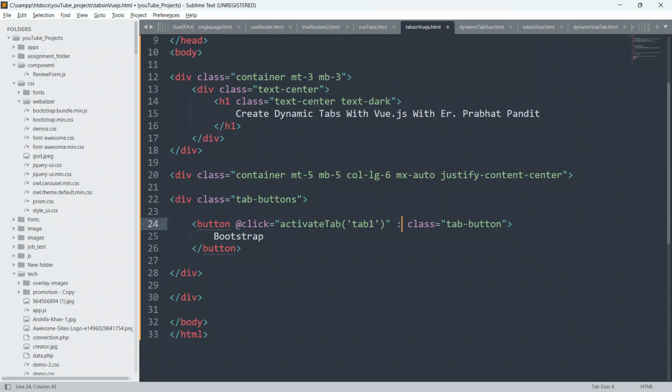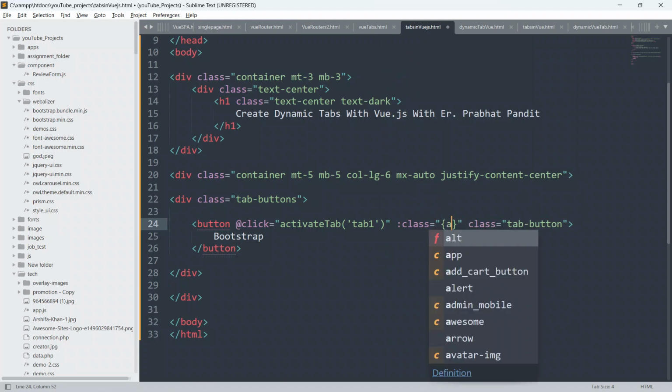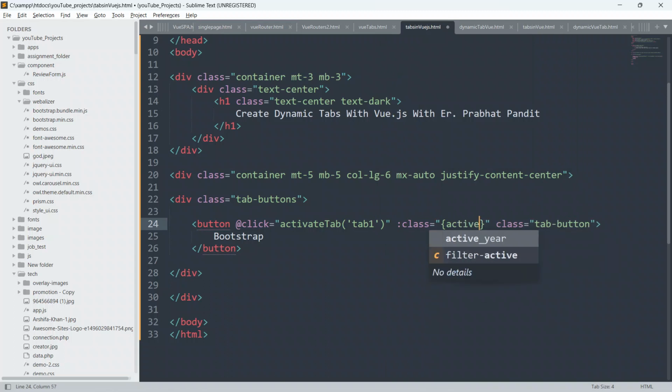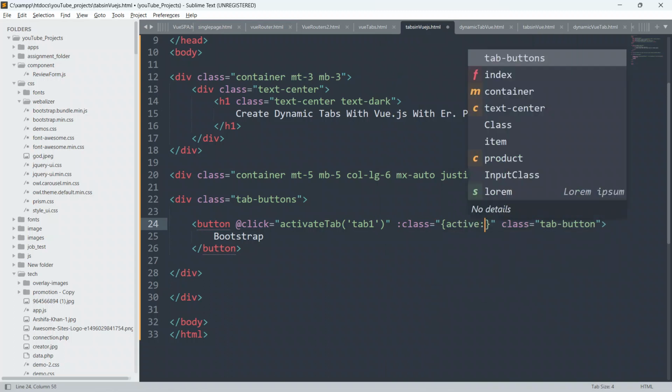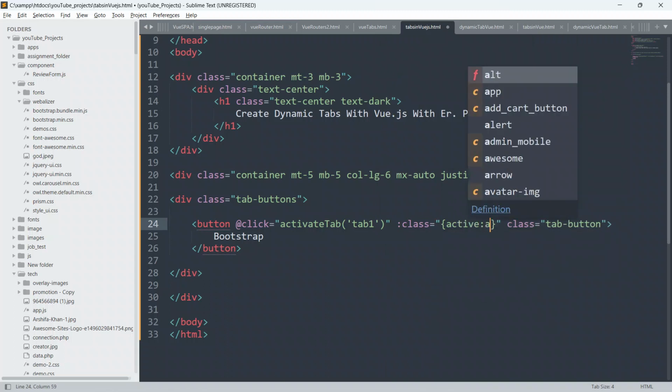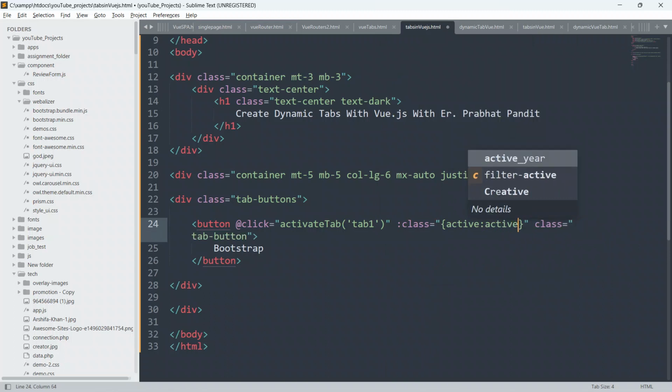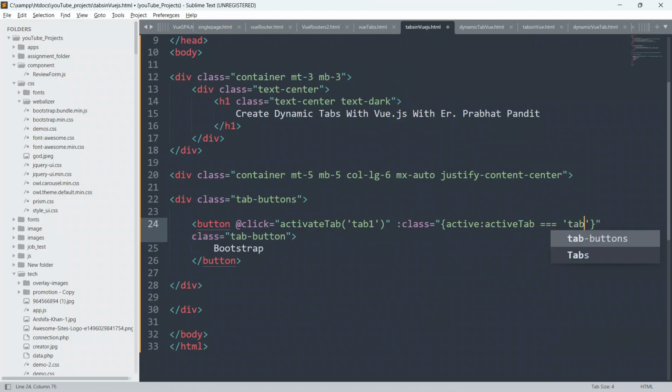So I will give class equal to, in double inverted commas with open and closing curly braces, active, then a colon, and I will say activeTab equal to tab1.